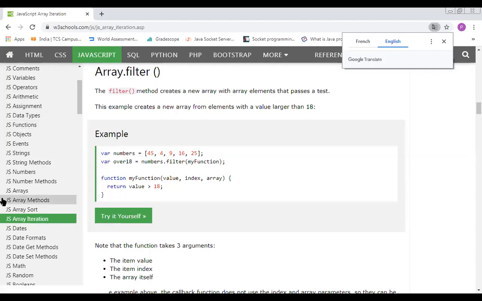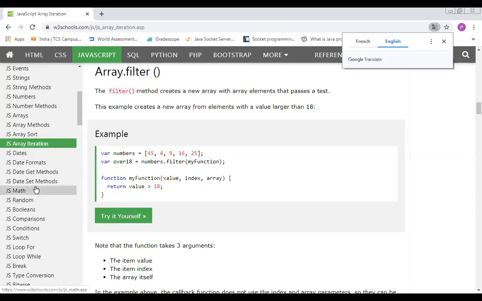So let's start. This is a different dimension within the array concept in W3 JavaScript, and I elaborated those concepts because they give us a hint of how, with the help of this simple concept, we can access a large set of data.